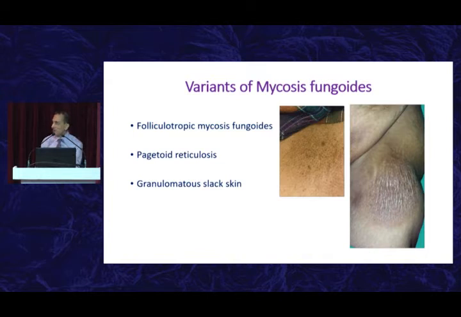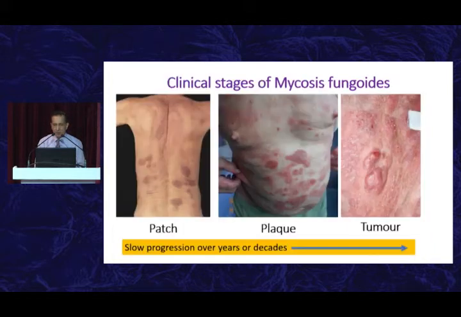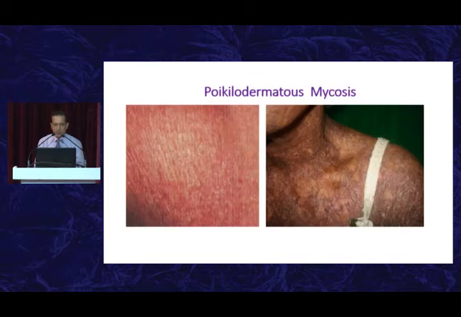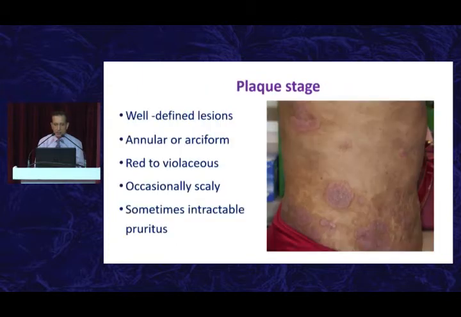I mean, we have seen one case of granulomatous slack skin. There was a drummer, I think, once. So these are not common. But the classical mycosis fungoides, as you know, evolves through patch, plaque, and tumor stages. I'm not going to go through these because you have seen these, the plaque stage